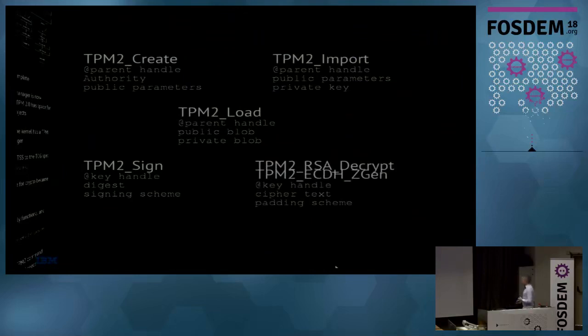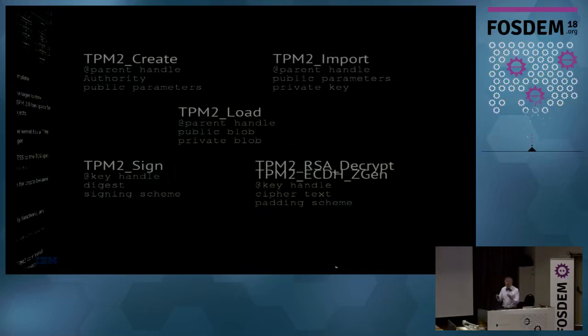This is slightly cheating. I told you there were 5 commands, but if you notice I've got 2 commands, one on top of each other. This is because the way decryption works with RSA is not the same as the way it works with elliptic keys, and it can't be made to look the same. So signatures just look the same whether you have an elliptic curve private key or an RSA private key. It just works. Unfortunately, you actually have to understand the difference between RSA decryption, and for elliptic curve private keys, you don't actually have a private key decryption